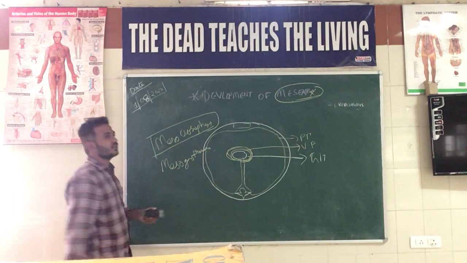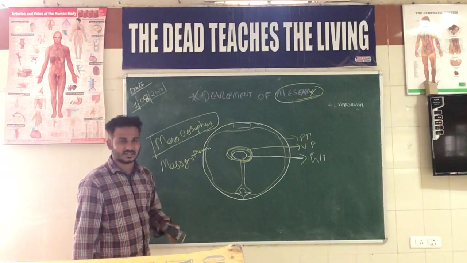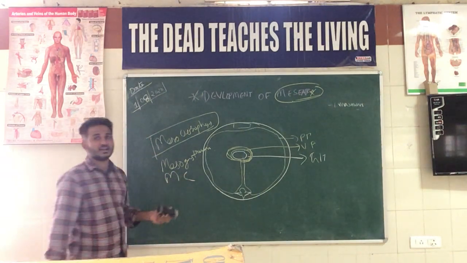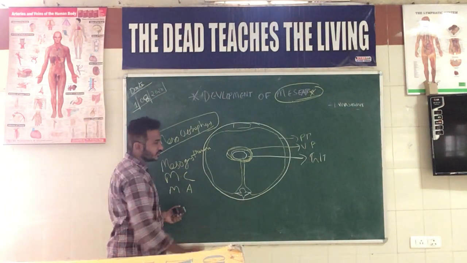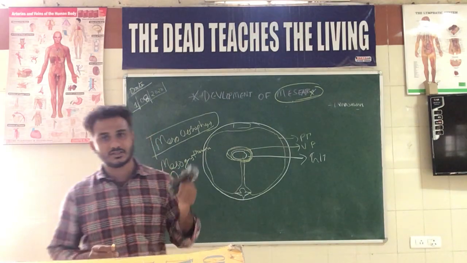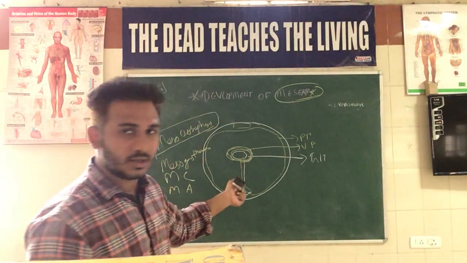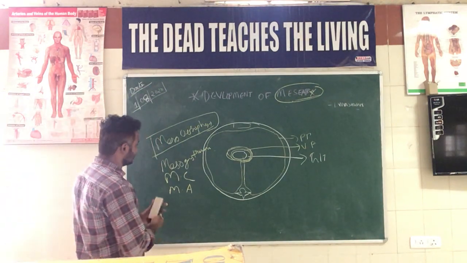At the same time, something which is holding and stabilizing other parts of the gastrointestinal tract, like the colon, we call mesocolon. When it is the appendix, we call it mesoappendix. Likewise, depending on the part of the GIT enclosed by these peritoneal coverings, it is named accordingly. So, coming to the developmental aspects.